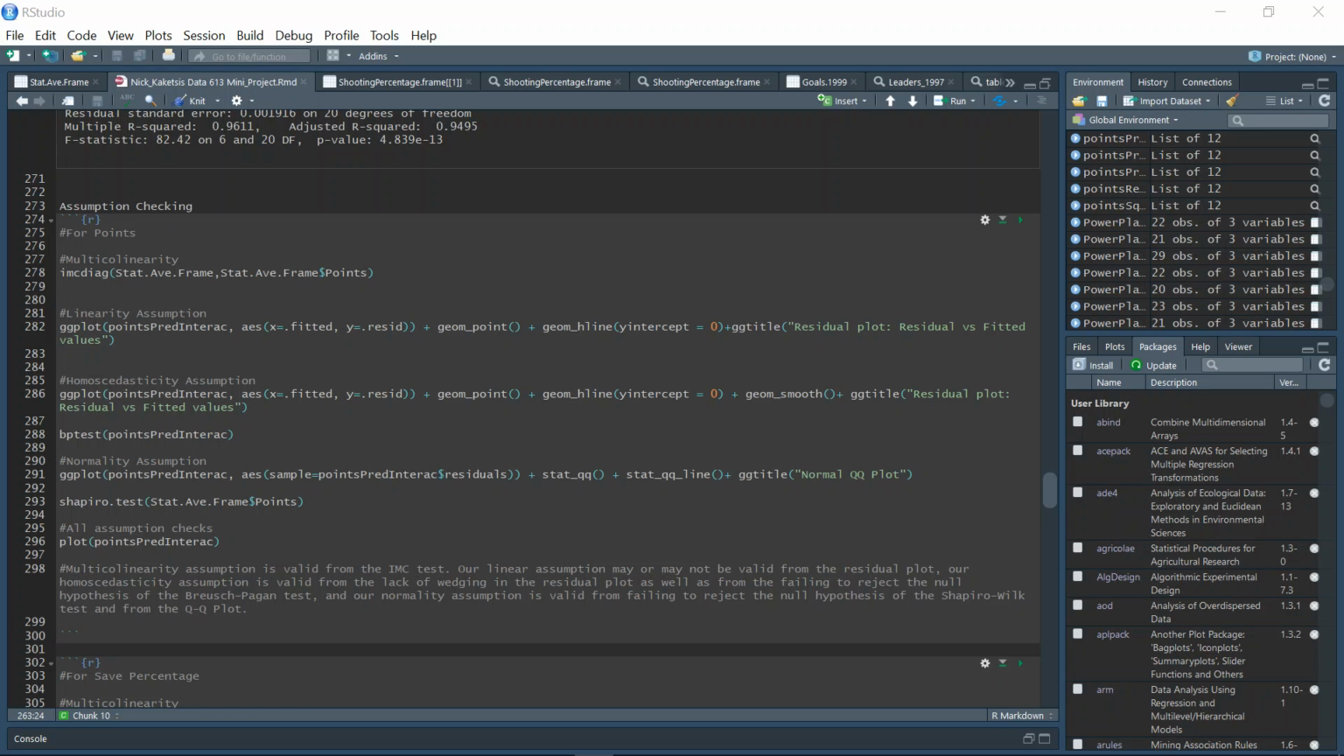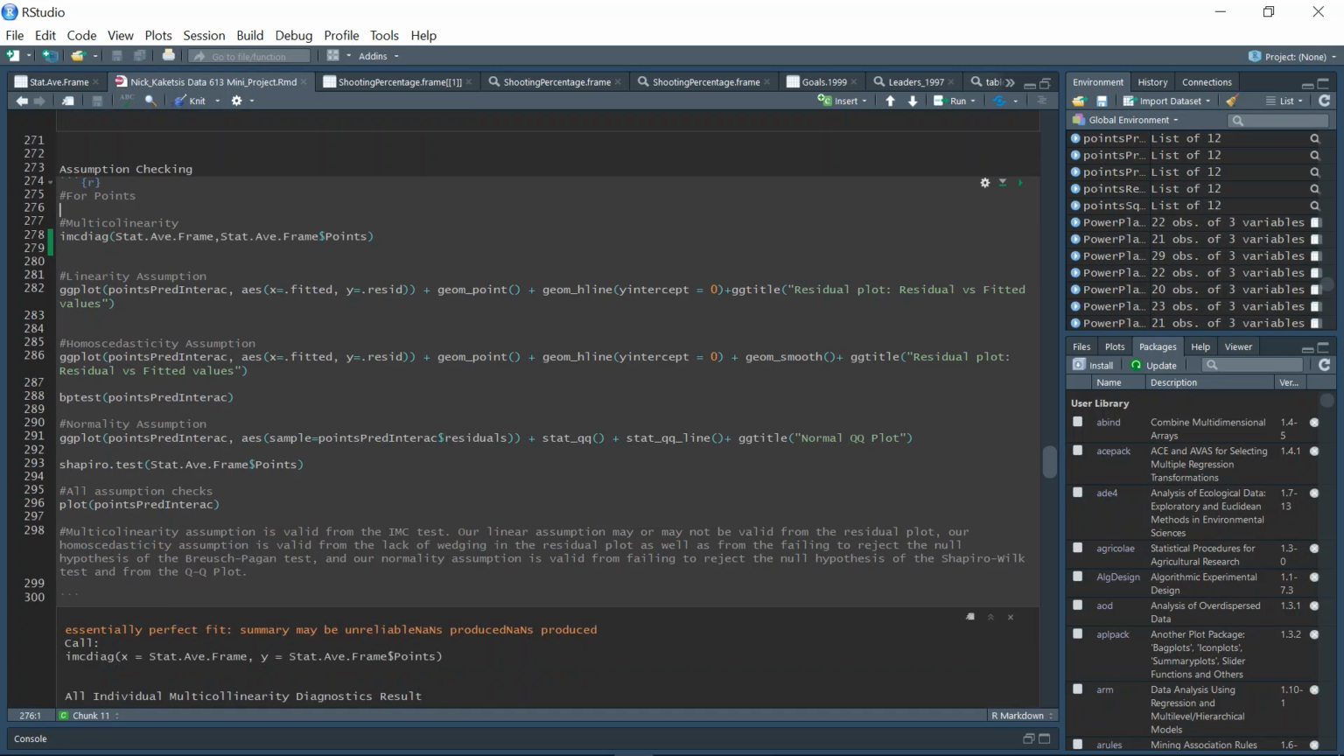Okay, so I'm going to go through my assumption checking for the models that I've created. Multicollinearity is our first assumption to check for. All I did was use a correlation analysis built into R. It's called IMC diagonal, and what it does is it checks